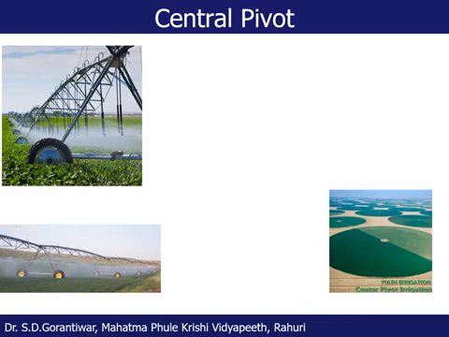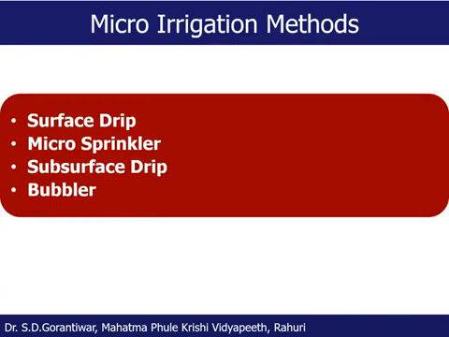The second is the mini sprinkler, third is the rain gun, and fourth is the central pivot. So all these four sprinkler irrigation systems have peculiar characteristics, and depending on the need, we can adapt those irrigation methods. Now let us move to the micro irrigation methods, which is basically the main topic of